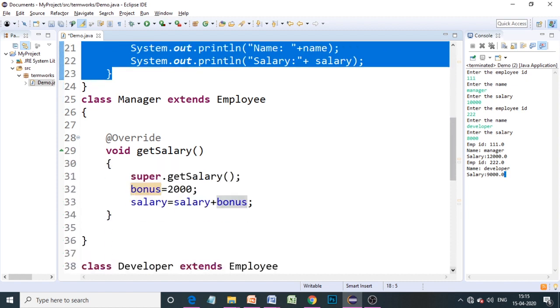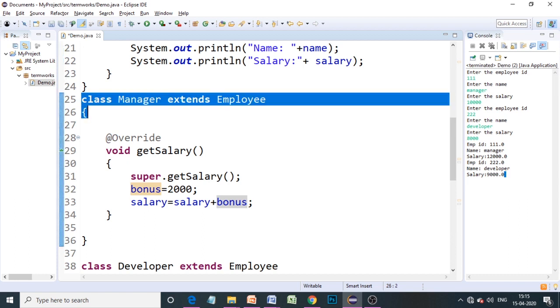And we have written a manager class that is a subclass of the employee class. So employee is a superclass. Usually we call it a child class or a parent class when it comes to other object oriented programming languages. Usually in Java we call it subclass and superclass.